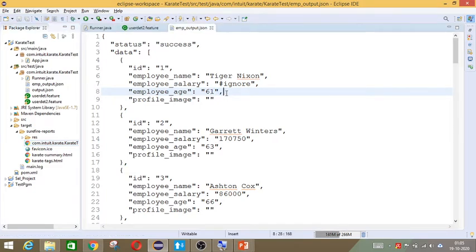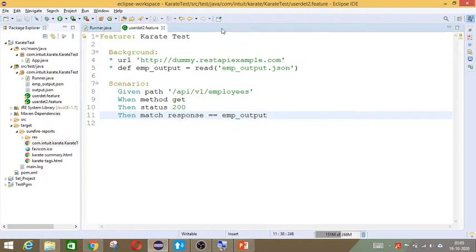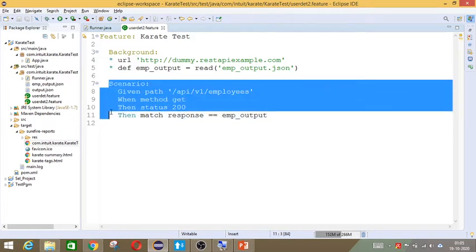Okay. So if you want the entire output of the JSON to be validated exactly, put the entire JSON here and then compare. In case you are not sure which value to compare, or you can ignore something, then ignore it. That's all. Then we will see the next type of feature, validation. So for that, let us copy the scenario and let's create one more after this.